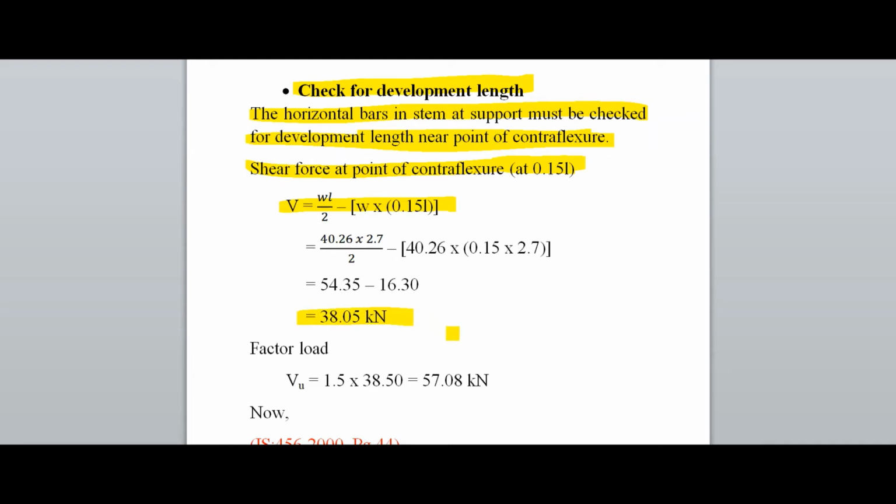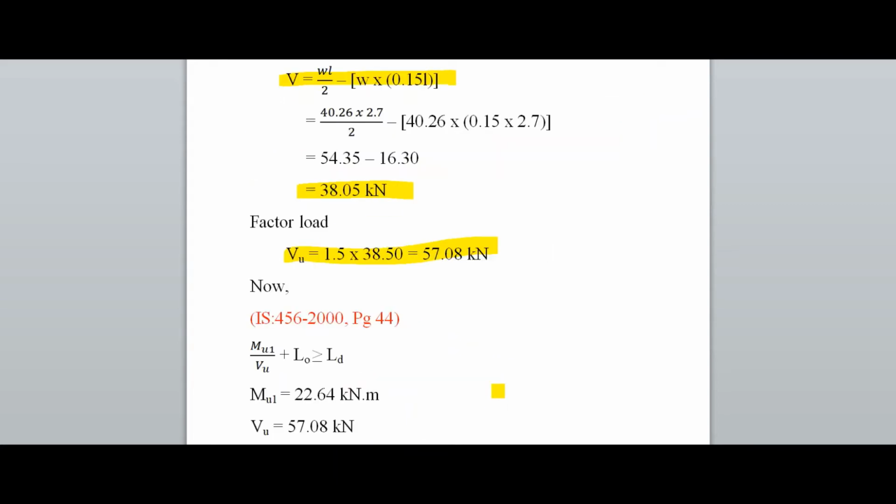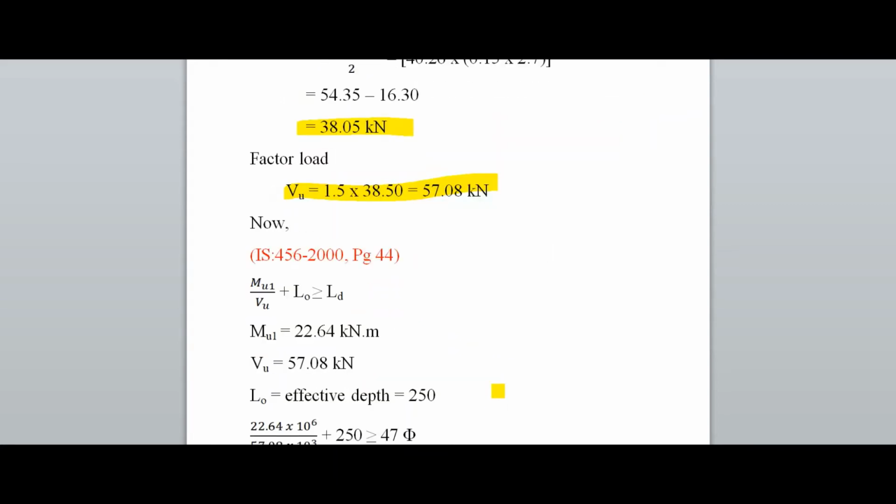The factored load is 57.08 kilonewton. Now we follow IS 456 2000 page number 44 to check the development length. So on page number 44 we have